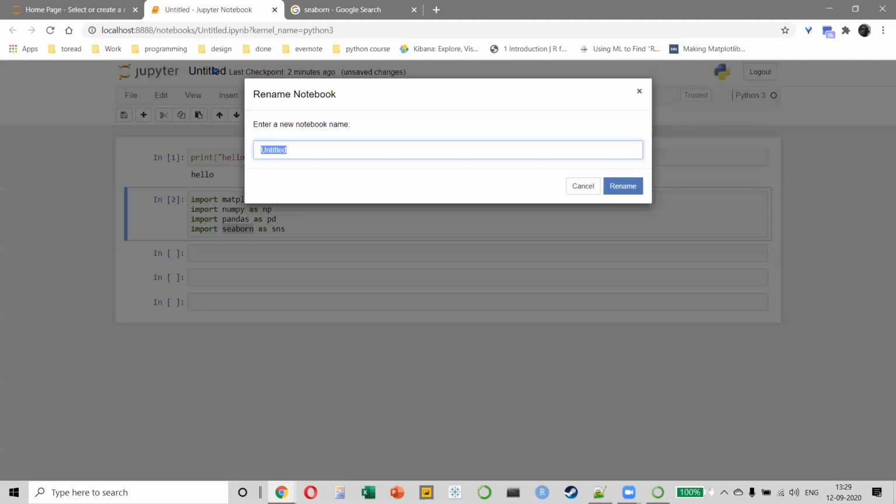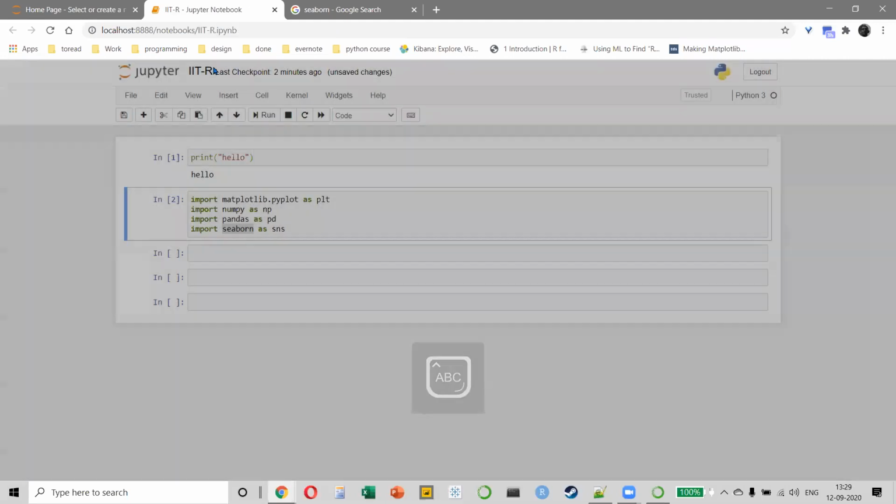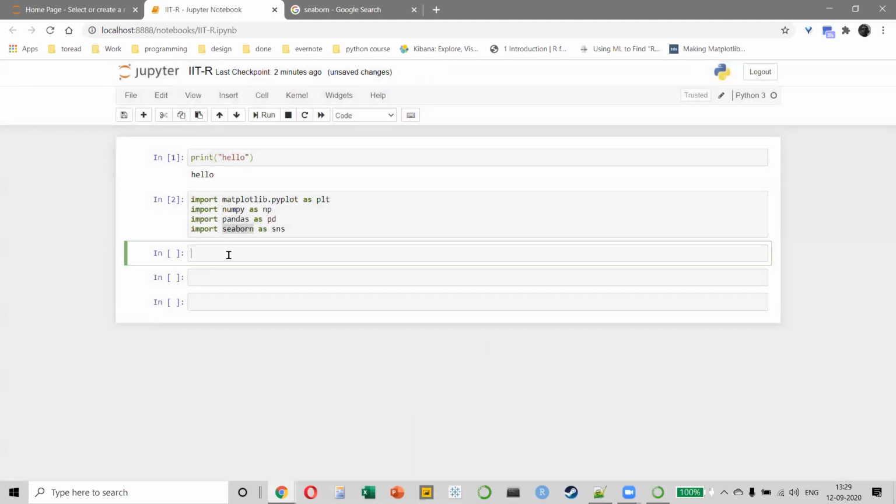So this workbook, let's say IITR, that I'm working on right now, Seaborn has been imported. And now we can start working with certain visualizations. So I'll say that my tips data set, this is just a name that I'm giving, is an inbuilt data set available on Seaborn, which is a data set that I want to load. So I just call it as load data set and tips.